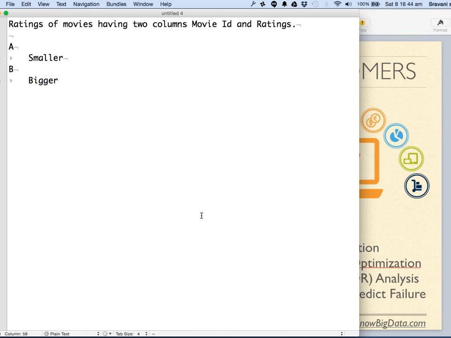Now if you have to compute the average movie rating,